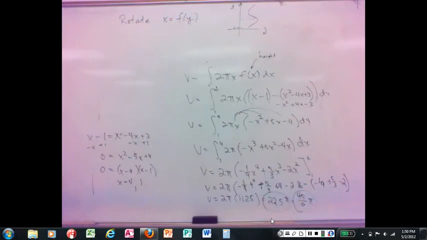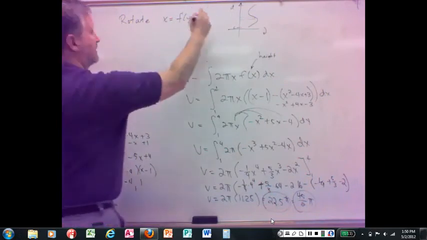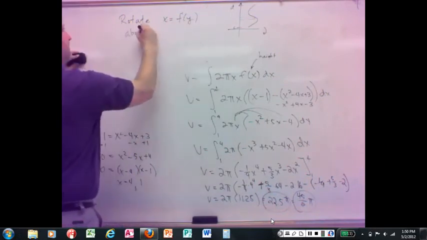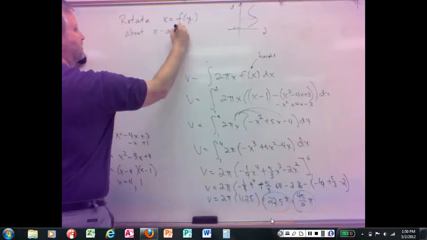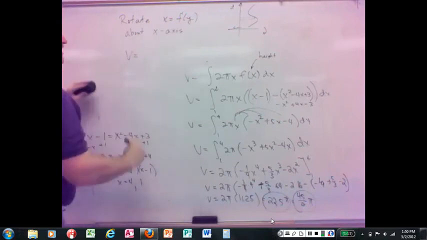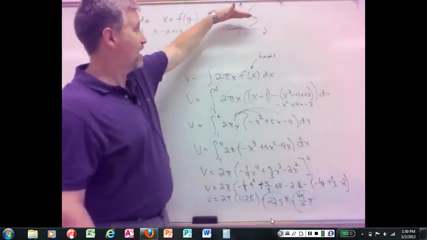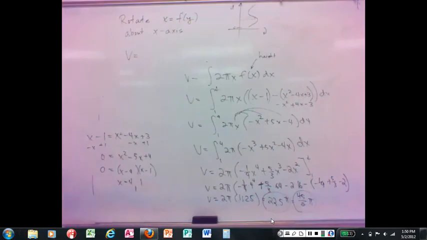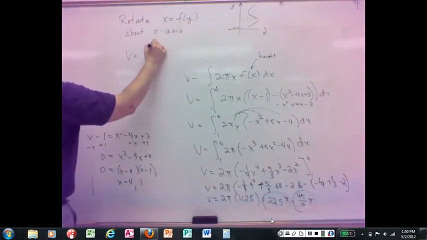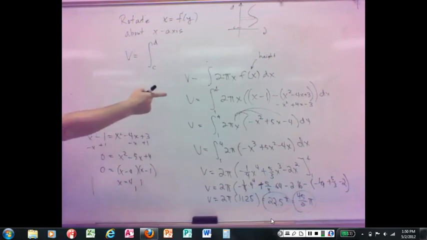Right? If it's an x equals f of y, that's not going to be easy to change back to y equals f of x. So that's about the x-axis. That's also shell method because I want to integrate with respect to y, and that's parallel to the x-axis. That's shell method, but it's in terms of y. And guess what? It's not 2 pi x f of x. It's the counterpart, 2 pi